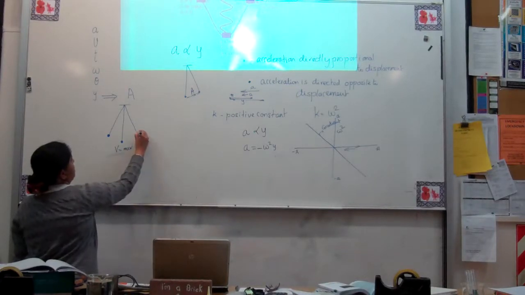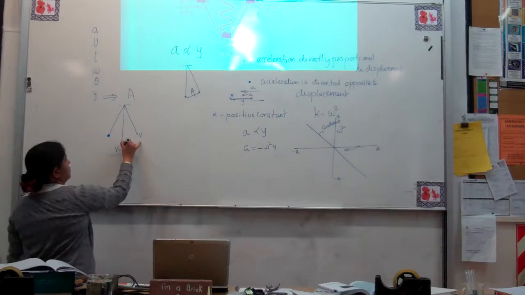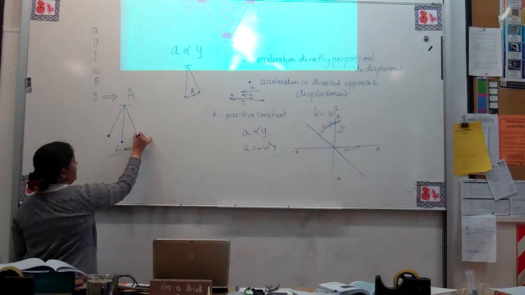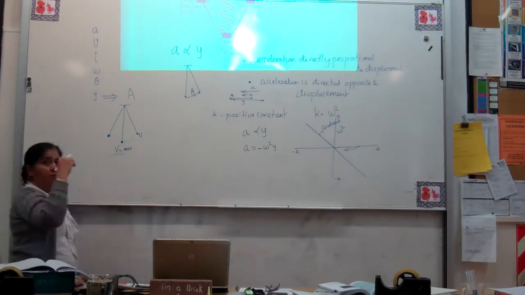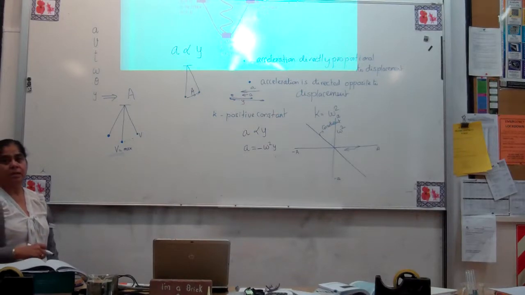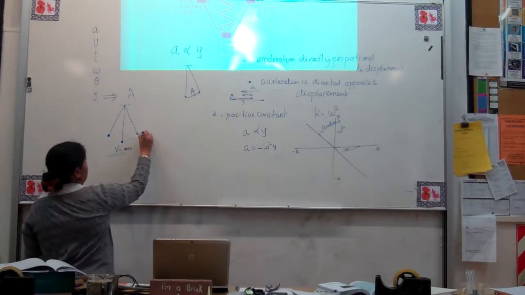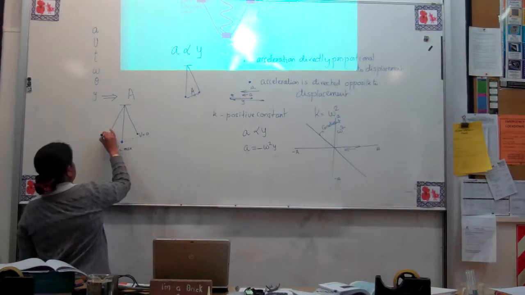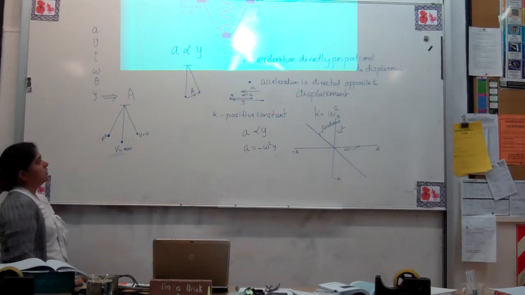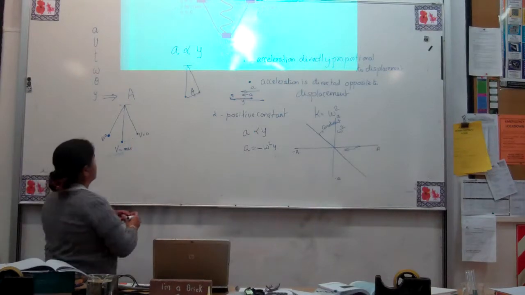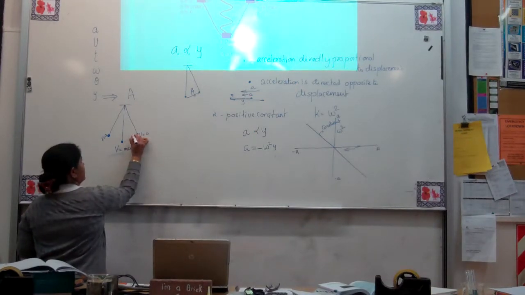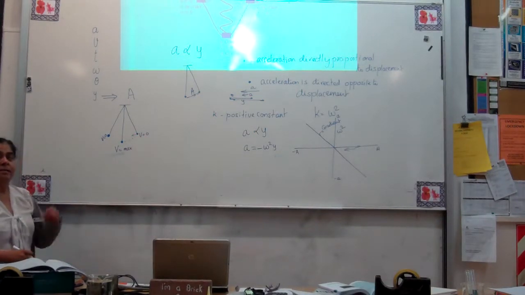What about V here? It was going this way, but here, for a tiny fraction of a second, velocity becomes 0. So it turns back. The reason it is turning back is there is acceleration pointing towards this end, and this